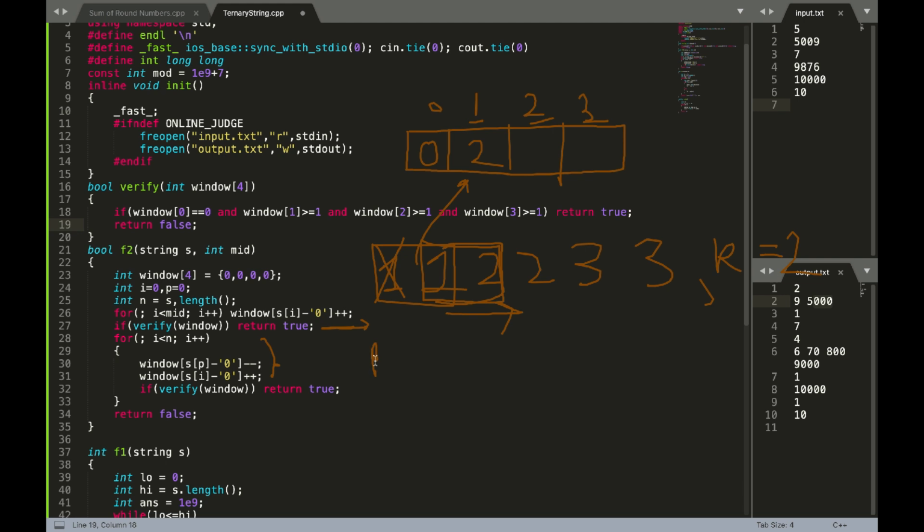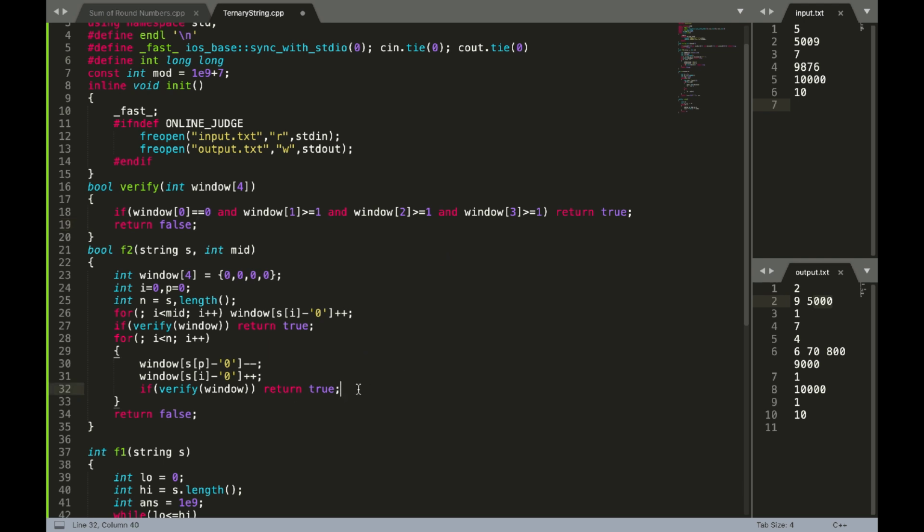So I made a pointer P which points here. For this I will decrease the frequency, it will become 1, and for the new element I will be here, and I will get a new frequency of 2 and increase it here. Then I will again check for this, as it is big O of 1, and this is big O of n. Okay, so I have made a little mistake here, I have to also increase the.